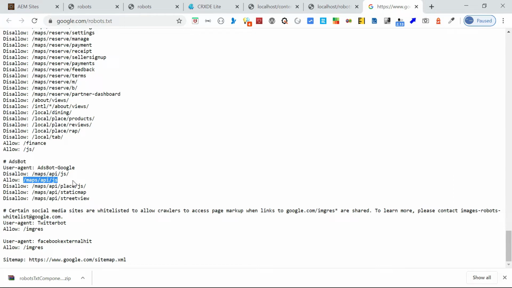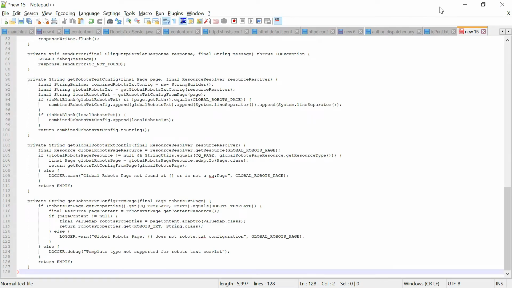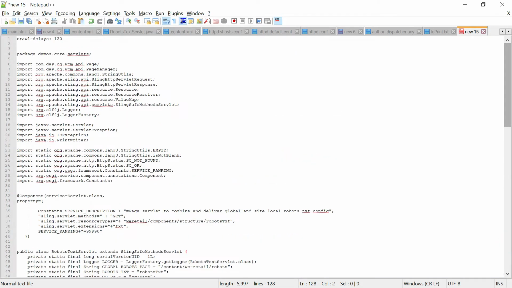The next one is crawl delay. We are not seeing the crawl delay here, so the pattern is like this. You can say the crawl delay like this. Crawl delay 120 means 120 seconds: how many seconds a crawler should wait before loading and crawling page content, the time difference between crawling the pages. Googlebot does not acknowledge this command, so you can't use this for Googlebot. But if you want to specify the crawl rate, that can be set in Google Search Console for Googlebot.